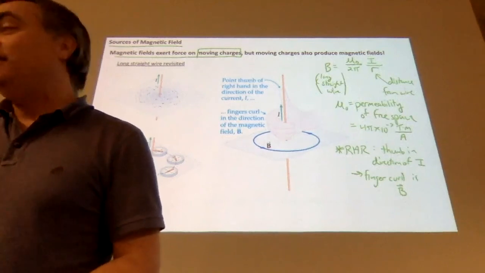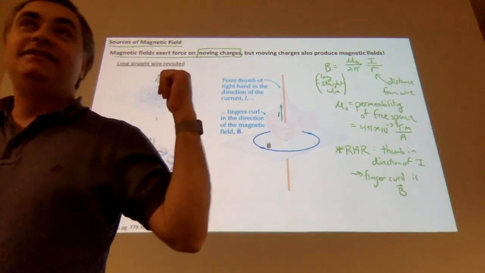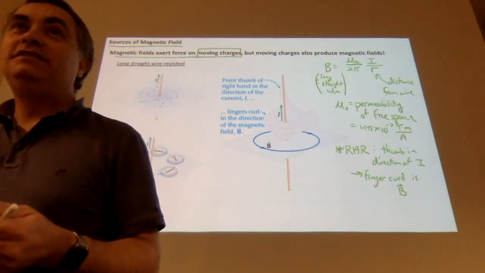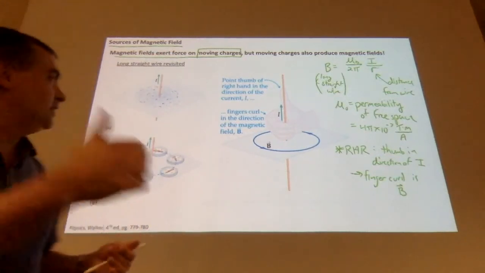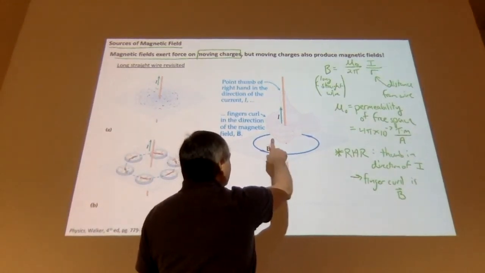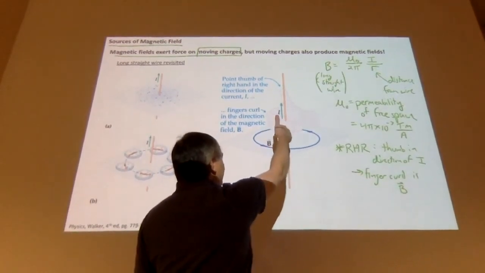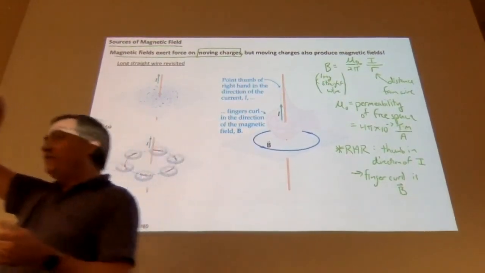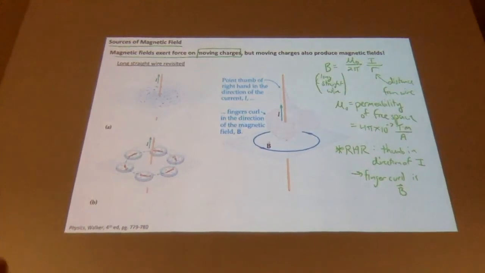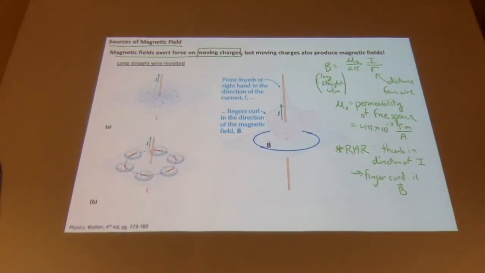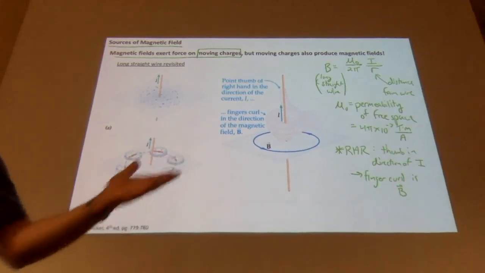A little bit. Does anybody remember this at all? Right hand rule? Yes, you do remember the right hand rule? Fingers in the direction... excuse me, yes, you're right. Thumb in the direction of the current. Fingers give you the direction of the magnetic field around that wire. That works for a straight wire. It turns out it works for little segments of wires that might not be straight as well, as we'll